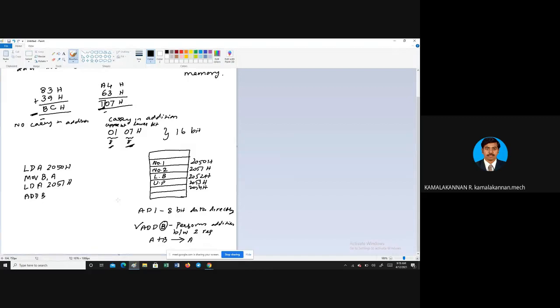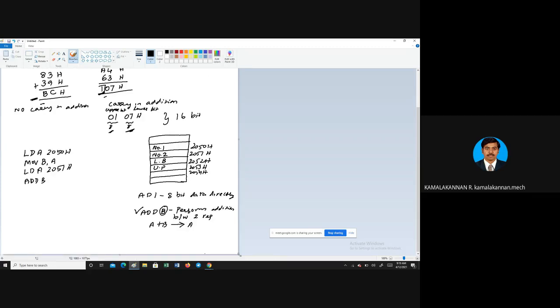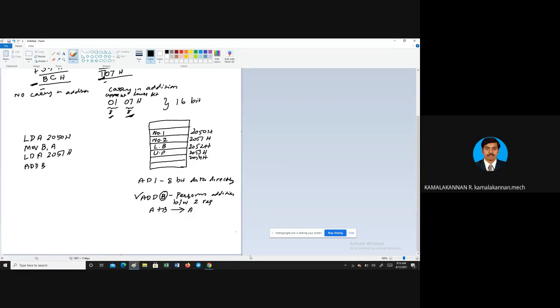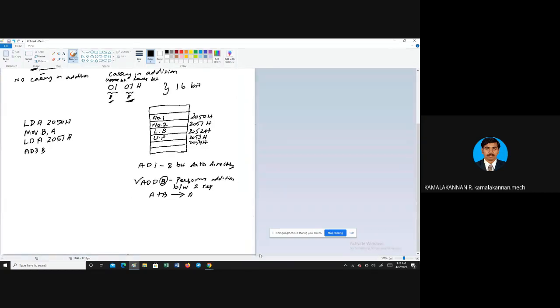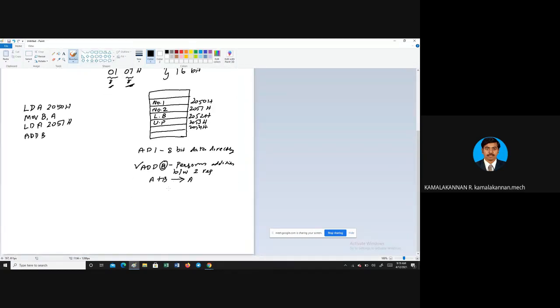Okay, now we have added. So the next step is about how to handle this carry. That is the important thing in this program. As I said before, just a moment, boys. Okay, see here, for handling the carry you have two options. For handling carry you have two options, as with adding.